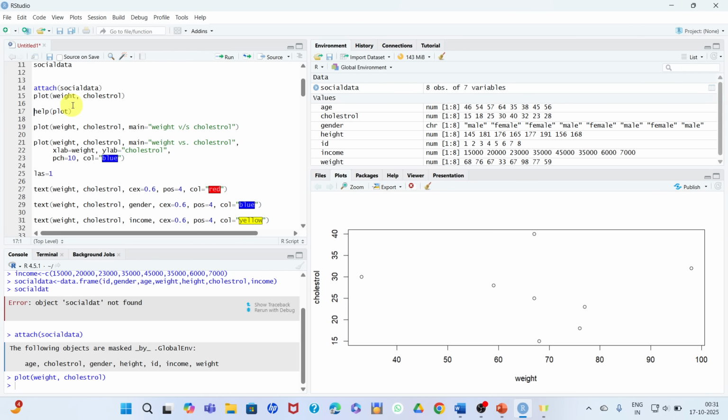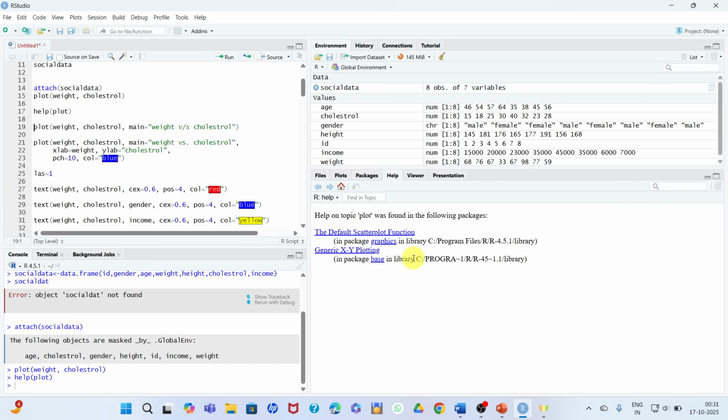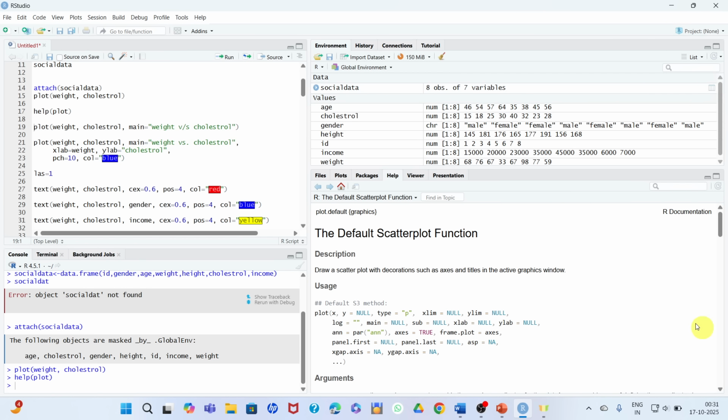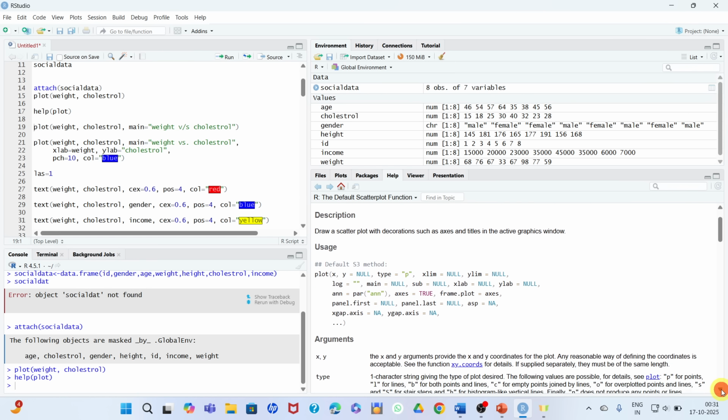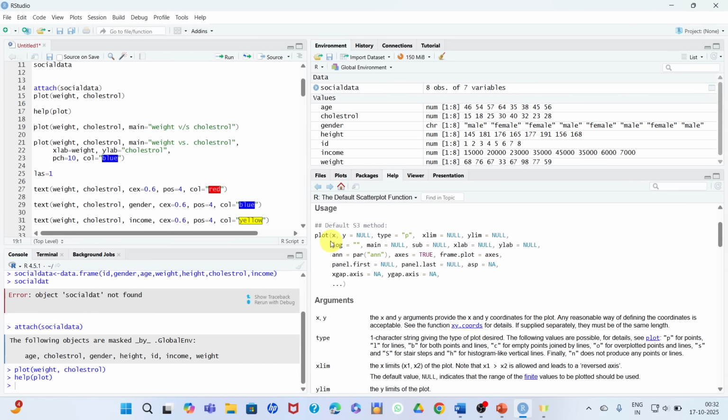If you want to know more about this command, anytime you can type help and in brackets type plot. Let's run it. Here you can see the default scatter plot function. In this function, you will get the description, the command, and the different kinds of arguments you can give.